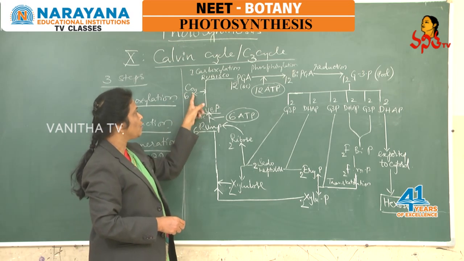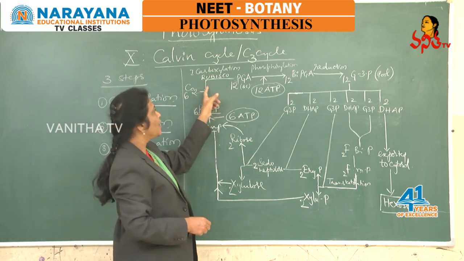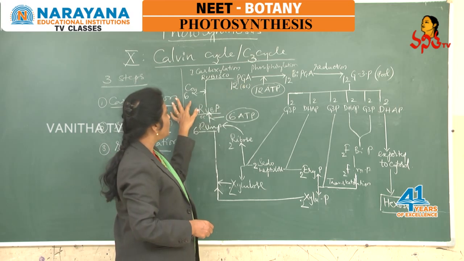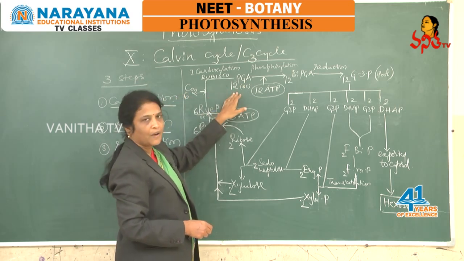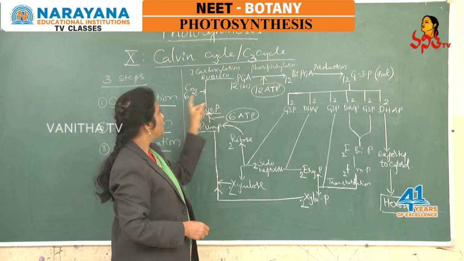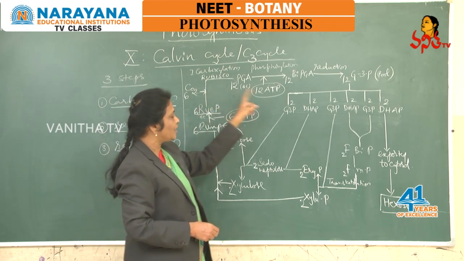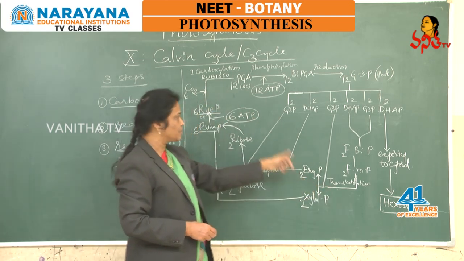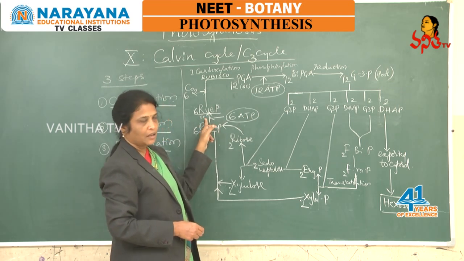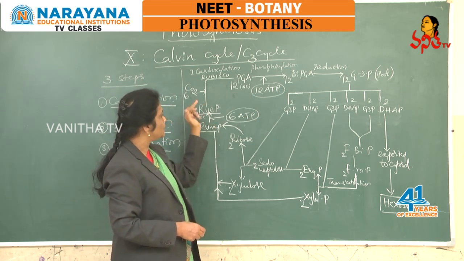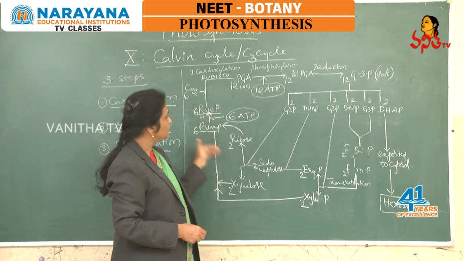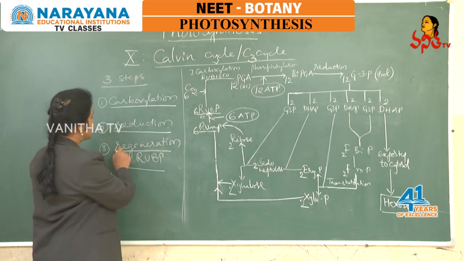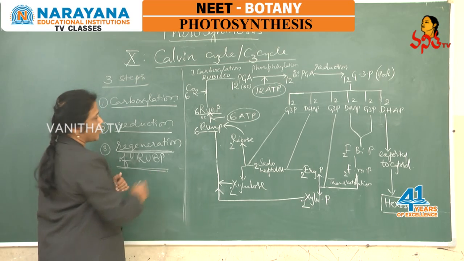So, that mediates carbon dioxide addition to the Calvin cycle and helps in fixation of carbon dioxide in the form of organic substance. But finally, only carbon dioxide is involved in the synthesis of hexose, and this RuBP which accepts that carbon dioxide and fixes it is again regenerated. So, the third step is related to regeneration of RuBP.